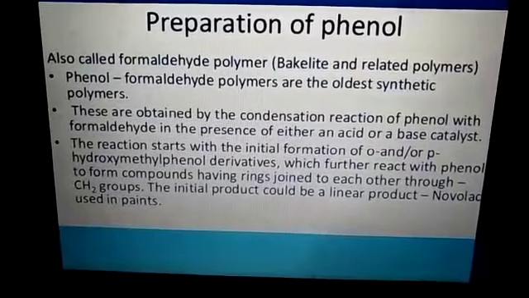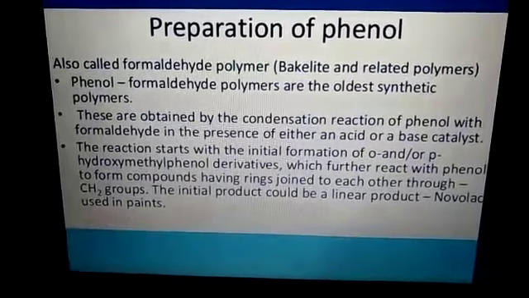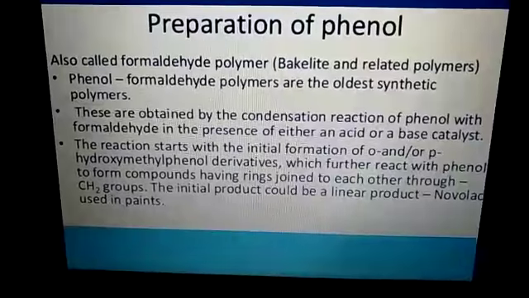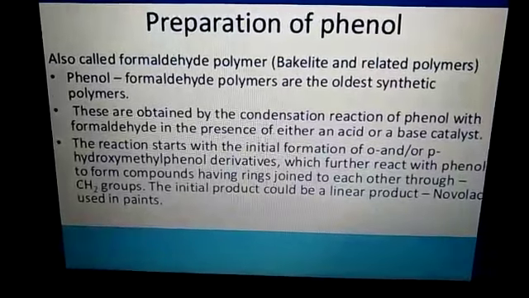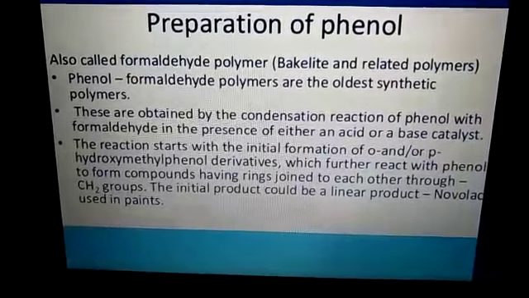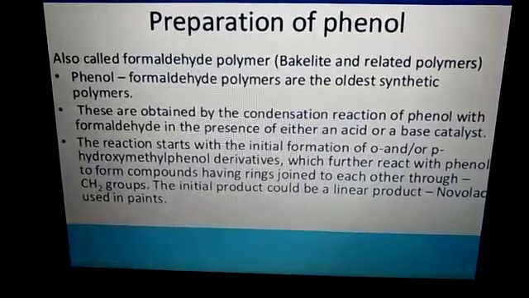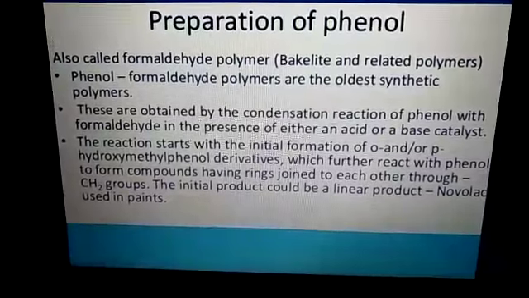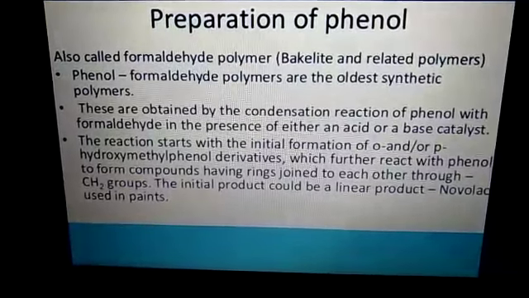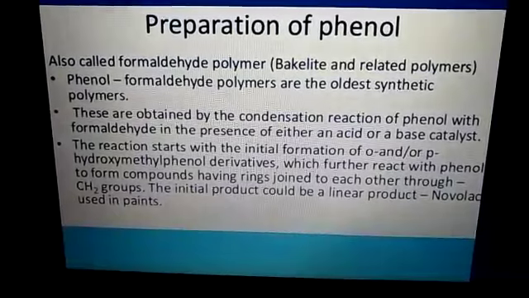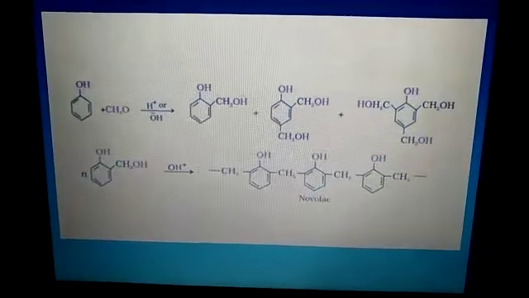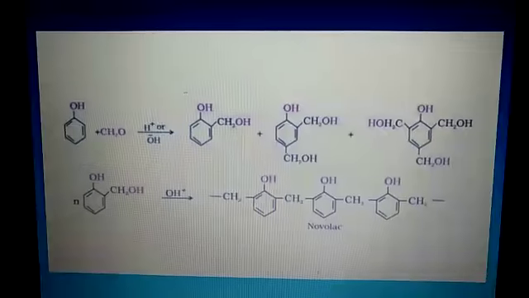The reaction starts with the initial formation of ortho or para-hydroxymethylphenol derivatives, which further react with phenol to form compounds having rings joined to each other through the CH2 group. The initial product would be the linear product known as Novolac, used in paints. This is a structure where we see the phenol